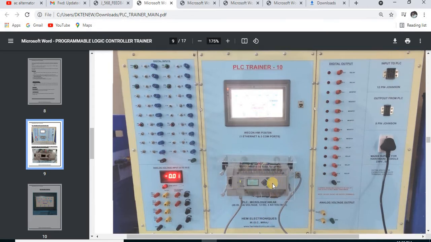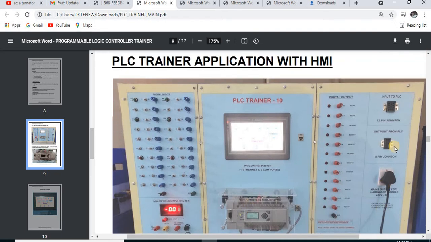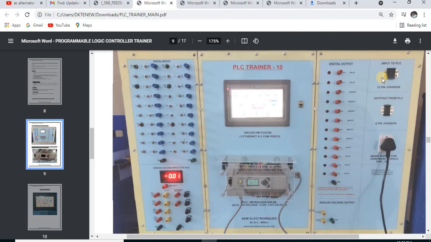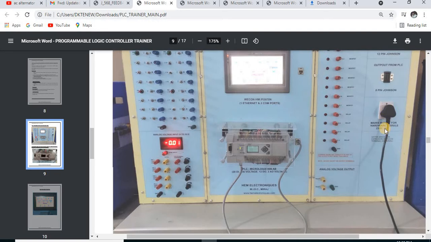This is your main PLC. In this PLC we are going to download the program, and according to the program it will run. This is the digital output. So these are the ports in which we are going to put the pins according to the application. Input to the PLC, then output from the PLC.